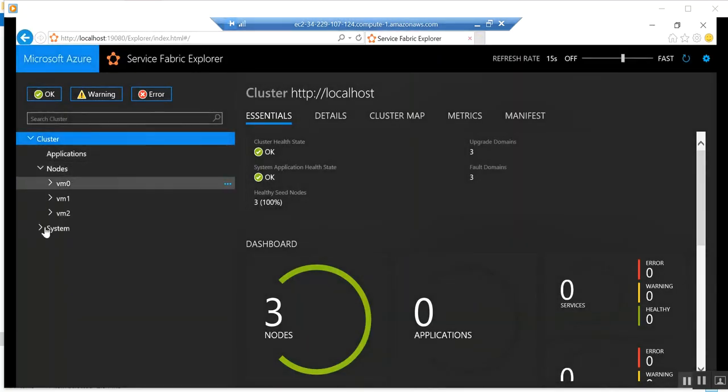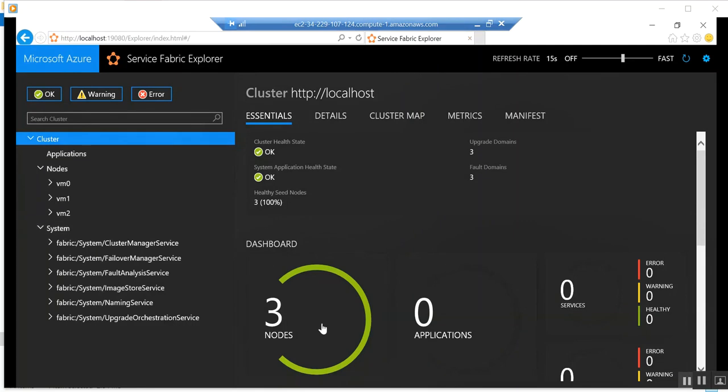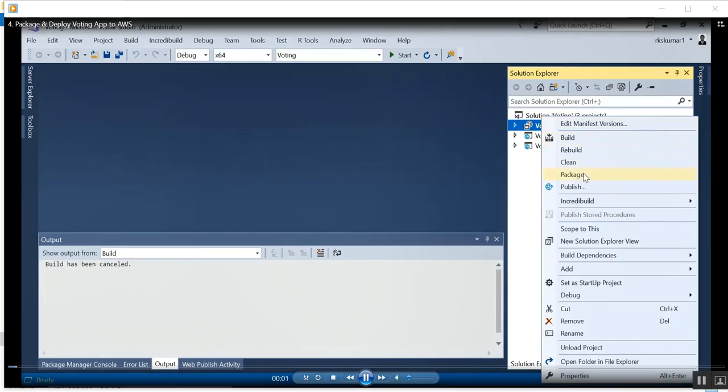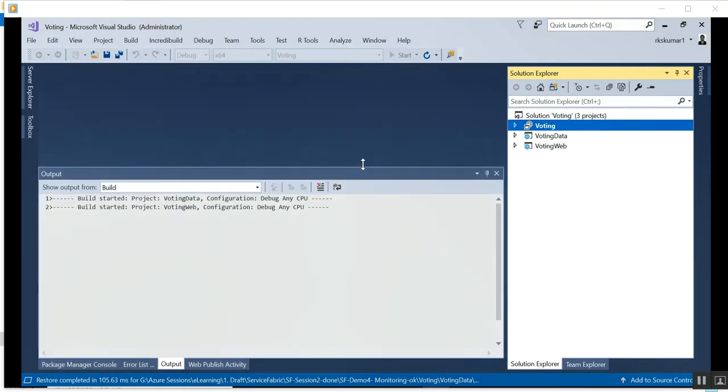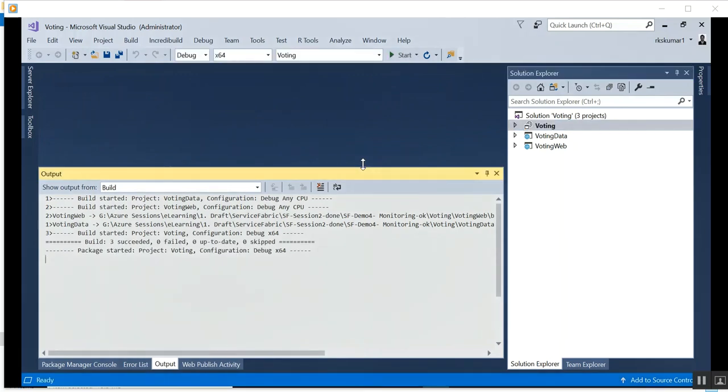Now you can see our cluster has been created. Once your Service Fabric is running, now we are going to package this voting app or any sample application. We are not going to create it here. So we are going to use this